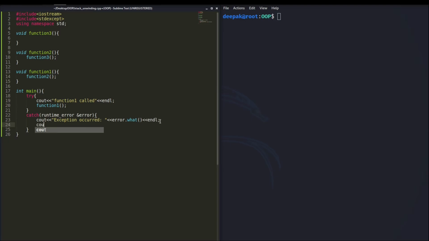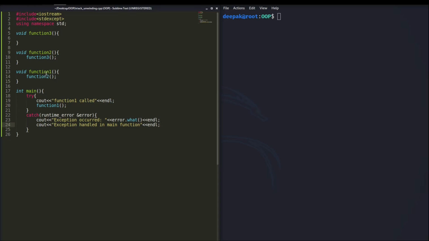And then you can print "exception handled". So that's how we made sure that if an exception occurs in any of these functions and they are called by main, then it can be handled here even if these functions don't handle that exception, right?